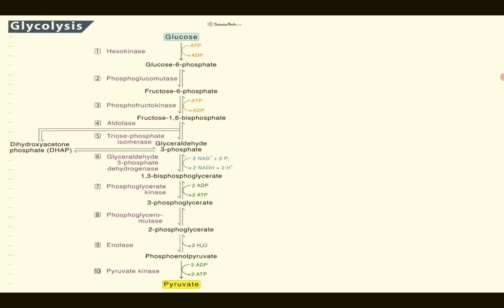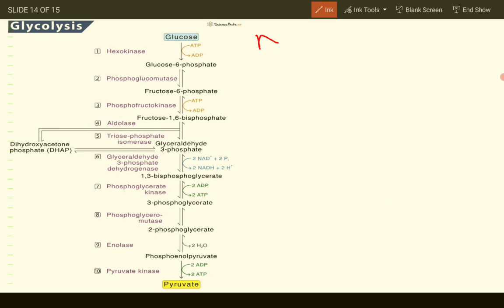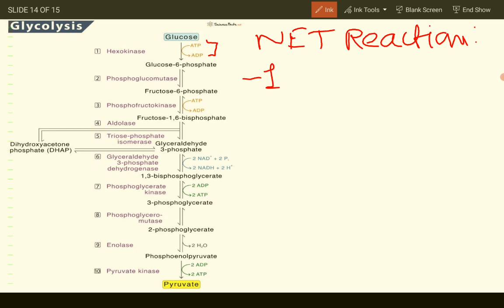For example, here you can see in this picture that there is a net reaction taking place. So you have to see the net reaction, what is being produced and what is being used up. As you can see in the first step, there is use of 1 ATP. The things that are being used, I am putting a negative in front of it. So 1 ATP is used here in the first step, right? The second is here, another ATP is used, so again minus 1 ATP,